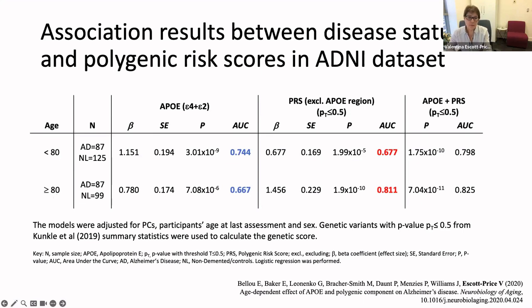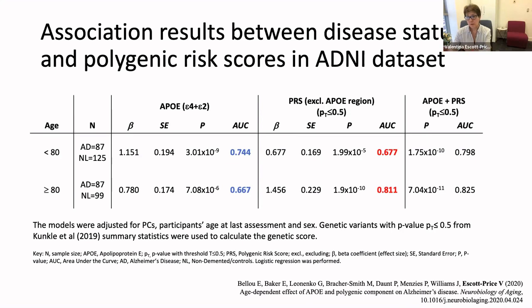Now, when we look at all the sample, AUC, as expected, dropped to 66%. However, the polygenic component, excluding ApoE again, was predicting better than ApoE. And again, when we combined the two together, it was about 80%, the same. So what it tells us is that in order to properly predict the risk of Alzheimer's disease in particular, we need to model the